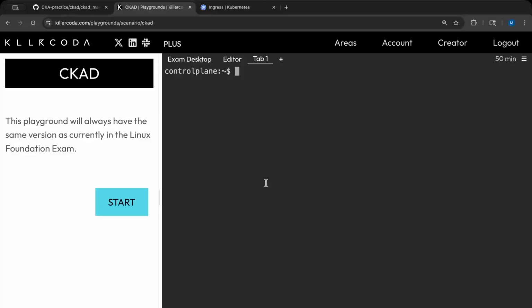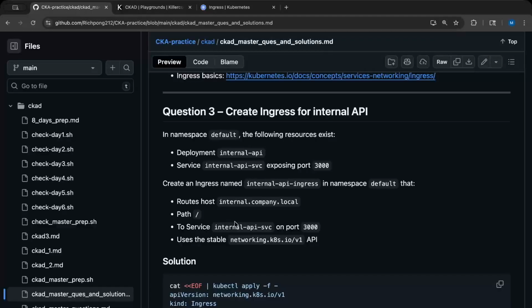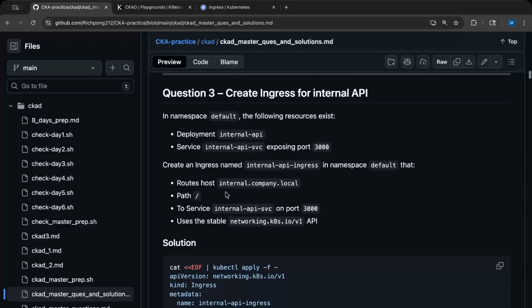So without further ado, let us jump right into question number 3. Now, let's see what question number 3 has for us. We got an Ingress question again. It says, in namespace default, the following resource exists: deployment internal API, service internal API service, exposing port 3000. Create an Ingress resource